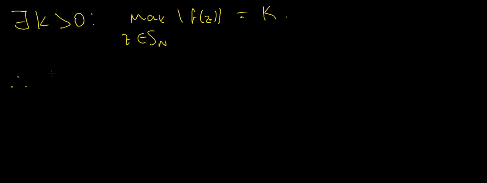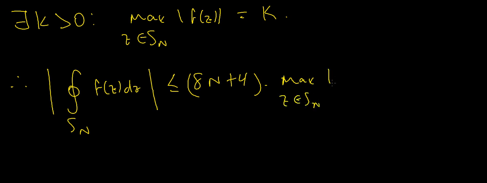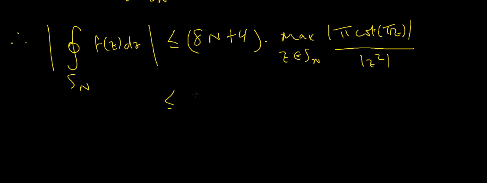The modulus of my integral over S sub capital N of f of z dz is less than or equal to the length of S sub n, which was 8n plus 4, times the maximum value, as z varies along S sub capital N, of the modulus of pi cotangent pi z divided by the modulus of z squared, and this was less than or equal to 8n plus 4,